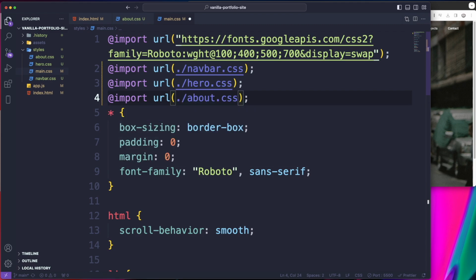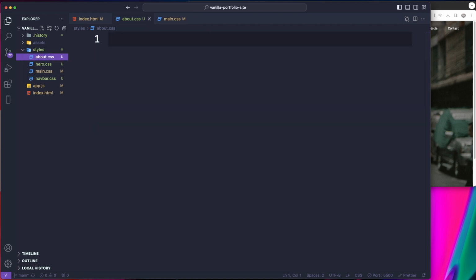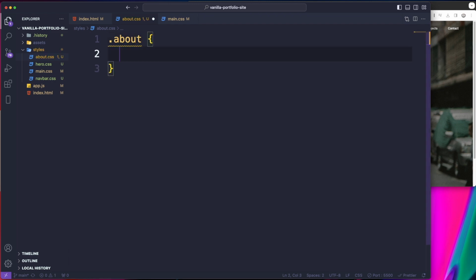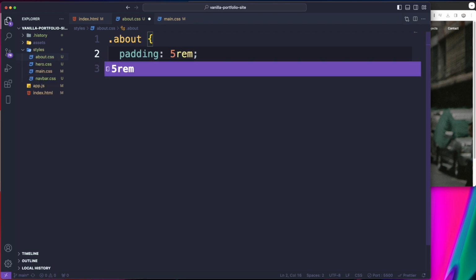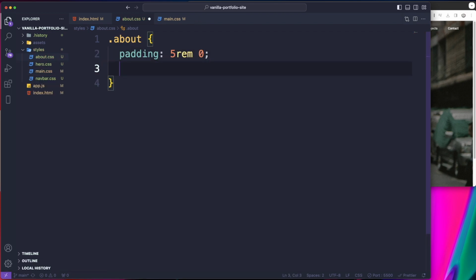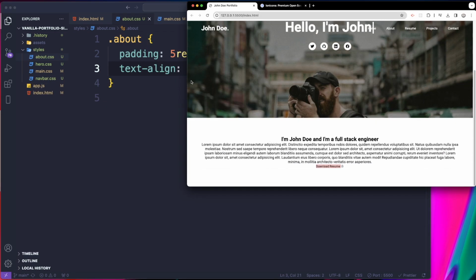Slash about. Perfect. All right. So let's start writing some CSS for this. Not too much CSS for this one. So we're just going to do about, and we want the padding to be 5 rem top and bottom, 0 left and right, and we also want the text align to be center. All right, and we got that nice padding,